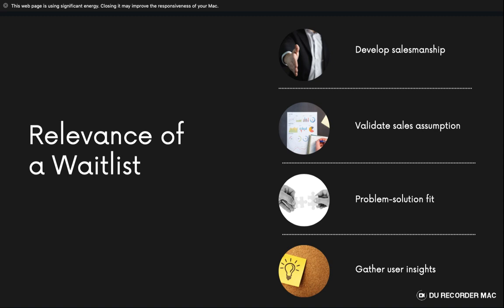Not a wait list where 1,000 people signed up, and when it's time to run your beta test, you only get 100 people out of 1,000. It's a very poor metric. It could even mislead you into thinking your product is not needed. Why? It could be that you just threw the link out there, and people who had no relevance or correlation with your product signed up for signing up's sake, right?